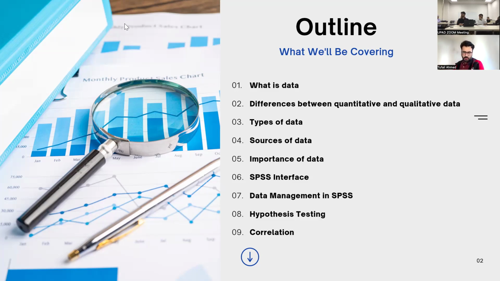Because we have a 3-hour slot, we will try to catch up as many things as we can, and I will show you how we can run an analysis or modeling, for example, a logistic regression model or multiple linear regression model. But it's not in my slide. I will try to do that at the end of my session.